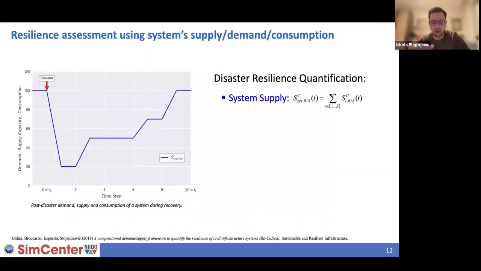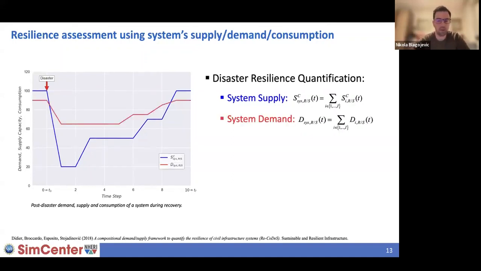So apart from using the concept of supply and demand to capture interdependencies, we also use them to quantify resilience. And what we do, we aggregate component level values on the regional or the system level to capture the change in the system level supply of, let's say, housing or electric power or potable water. Apart from supply, we also take a look at the demand, because the demand can also change.